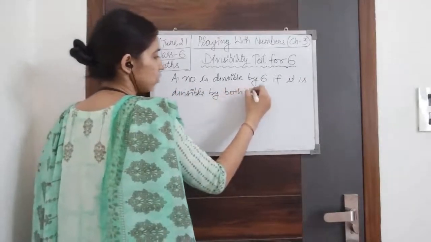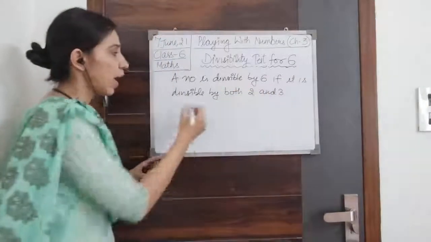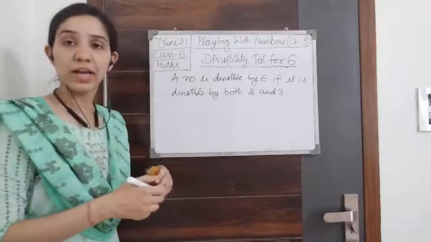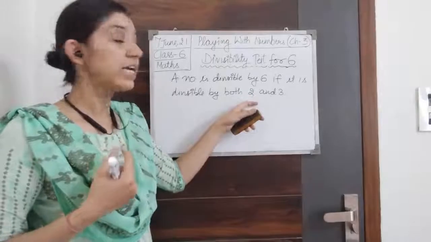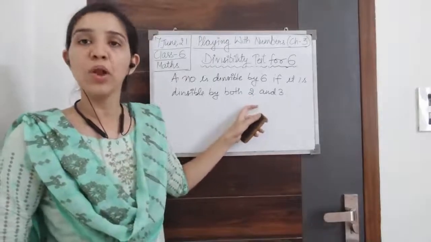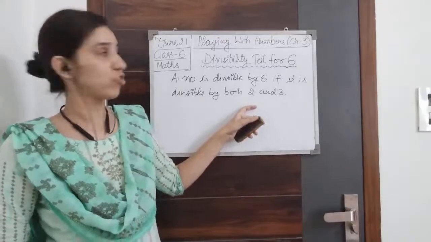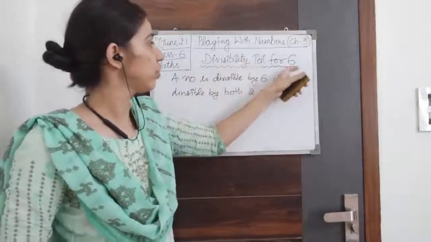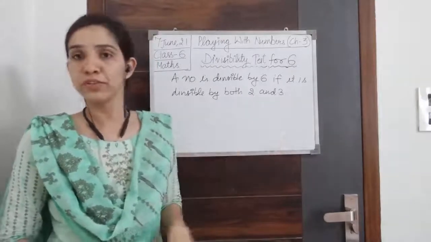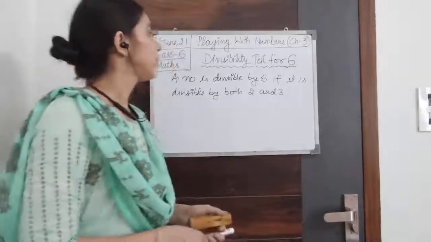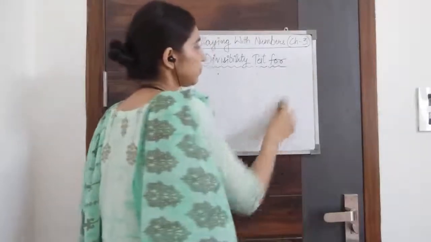एक आपको पॉइंट आपको याद रखना है that you have to check divisibility by divisibility test, not by long division, otherwise it will become wrong. ठीक है. आपको एग्जाम में पूछा जाएगा अगर divisibility test for 6, you have to perform divisibility test for these two, not the long division method. Okay. Next we have divisibility test for number 8.